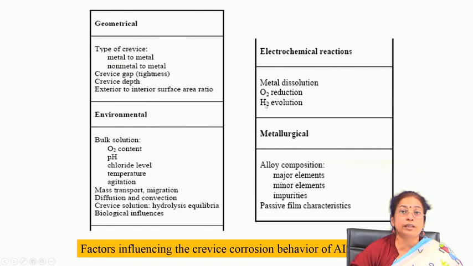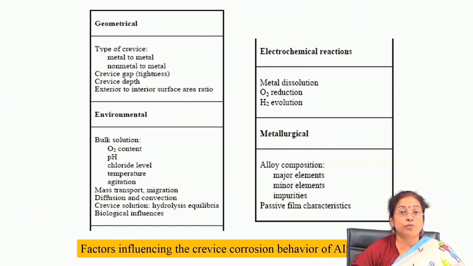These are very important, and also the metallurgical parameters are important. They are nothing but the elements or components, the ingredients in the alloy, whether any impurities are there, whether there are different phases in the particular alloy, then what the passive film characteristics are, whether the passive film is stable or non-stable. For example, if you take the case of 304 stainless steel, you will find that it is more prone to crevice attack as compared to 316L stainless steel or the 316 variety of stainless steel, which contains a little bit of